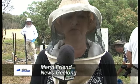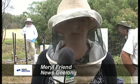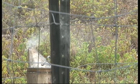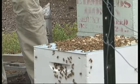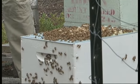We're in Corio at the Shell Buffer Zone for the launch of the Geelong Bee Force. We were able to speak with Agricultural Minister Peter Walsh about a sticky mat program to help protect our honey and pollination industries. So the Bee Force program is a program run by the Department of Primary Industries. It's funded by Rural Research and Development Corporation, where beehives are given to recreational beekeepers around the ports. We launched the similar program around the Melbourne port last year, so this is stage 2, the Geelong port. So there is 10 hives being provided to beekeepers in the vicinity of the port, and they're there as sentinel